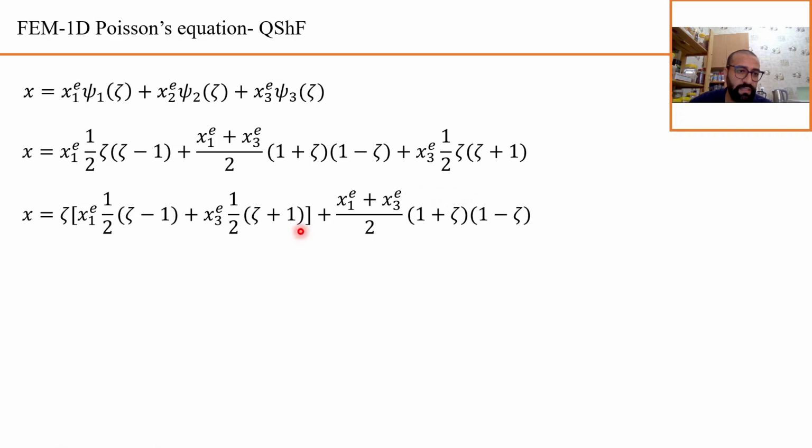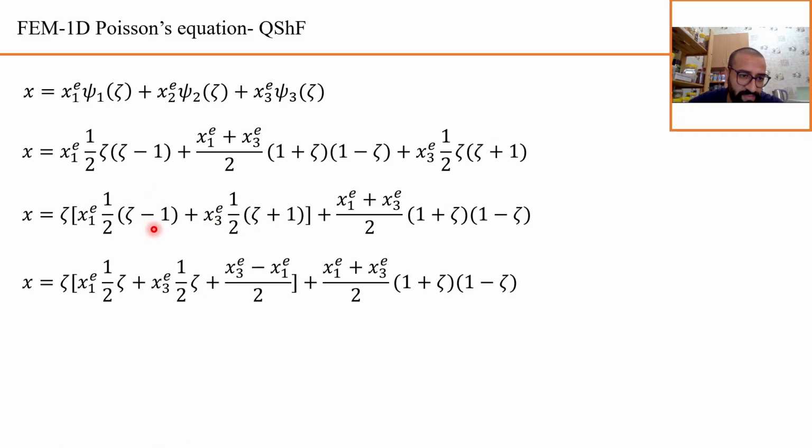Let's move further. We have a common factor of zeta here and here. Let's write these terms here and factor out this zeta. Therefore, what is left will be x1 times (1/2 zeta minus 1) and x3 times (1/2 zeta plus 1). Okay, and if I multiply this x1 and x3 into these terms and expand this term and keep this term,